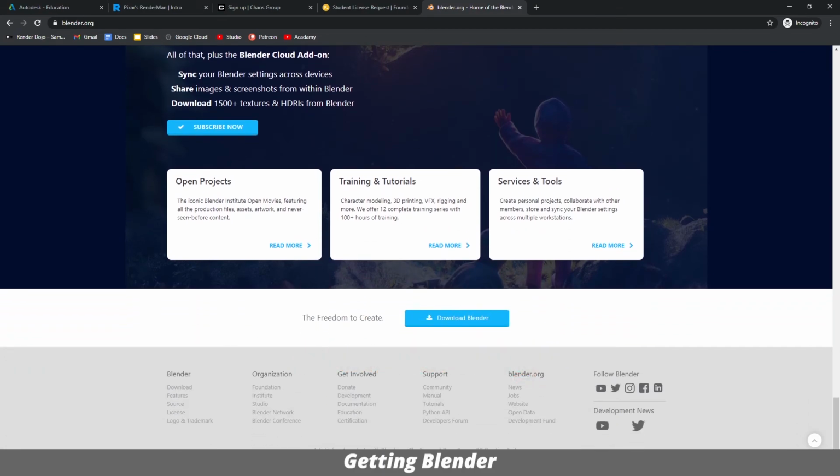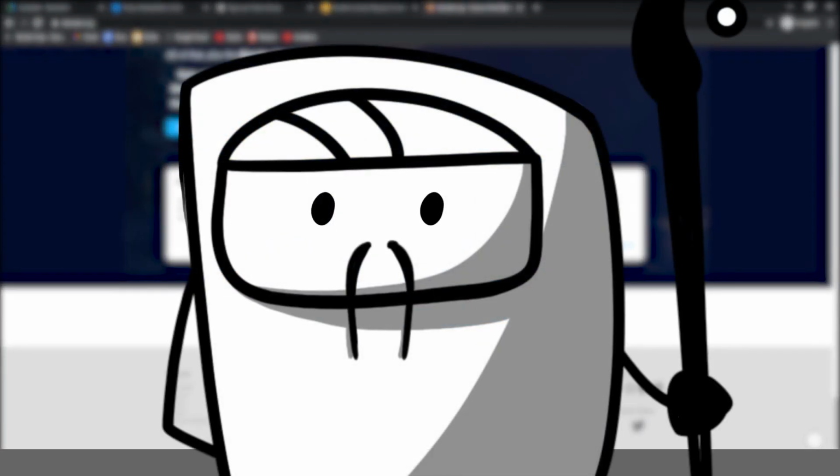Alright then, that sums up a quick way you can get access to some free software for learning and get started with 3D. It is also good to look up your computer specifications just to make sure that the versions of software you're getting are compatible with your hardware and your OS. Okay then, this pretty much sums up ways you can get your hands on 3D software for free.